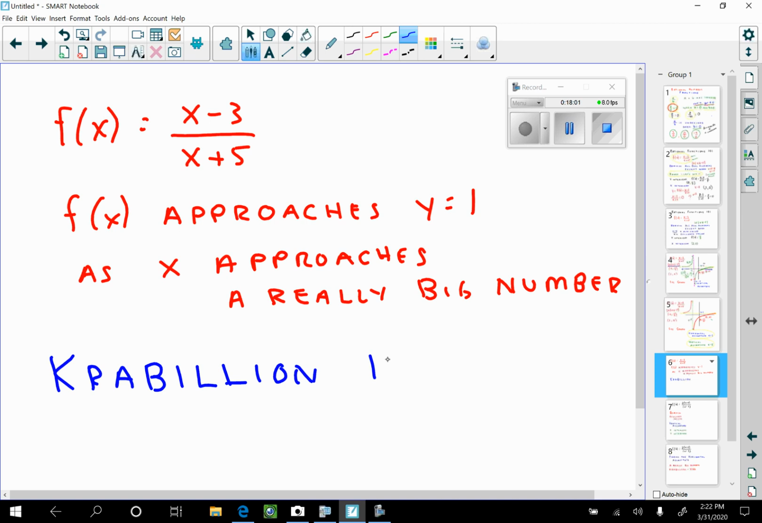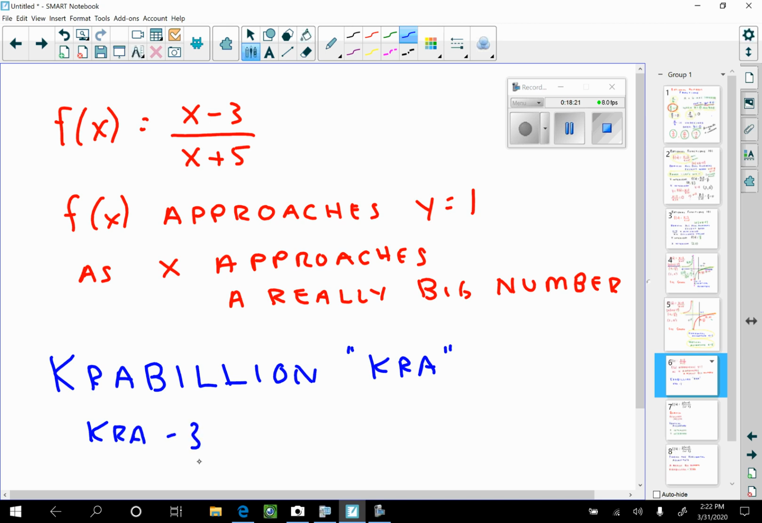We're going to use "big number" for short. It's a really big number. A super, super, super big number. A quadrillion. And I'm going to ask myself a question. What's quadrillion